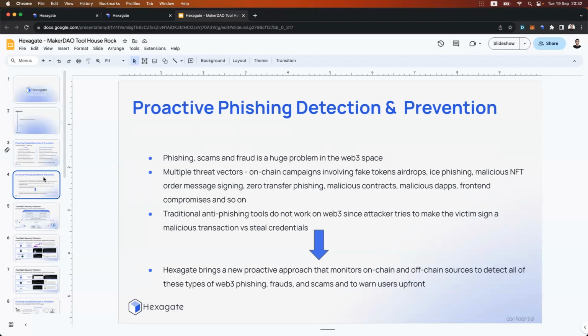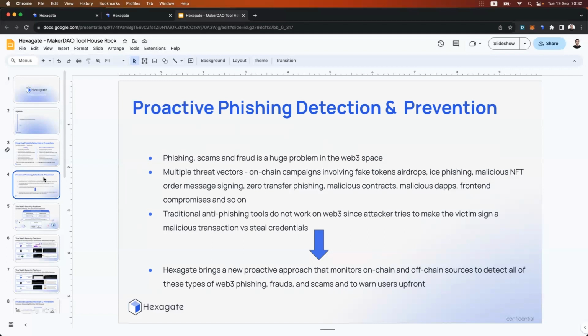And this is why we bring also a proactive approach where we are chasing down any new phishing campaign before it impacts any user, whether it's a retail user or governance participant.